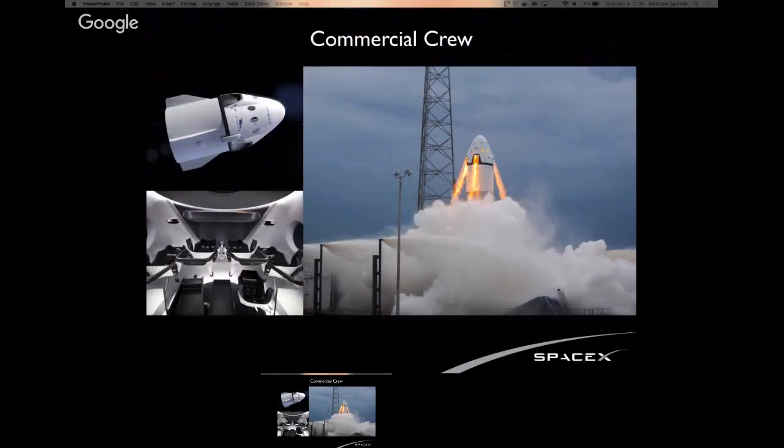Looking forward, one of the major development efforts at SpaceX is the Dragon 2 space capsule. This is being developed under the Commercial Crew Program under contract to NASA. So this is going to return to the United States the ability to launch our own astronauts into space. From a software perspective, there are a whole bunch of interesting challenges that come when you actually have to fly